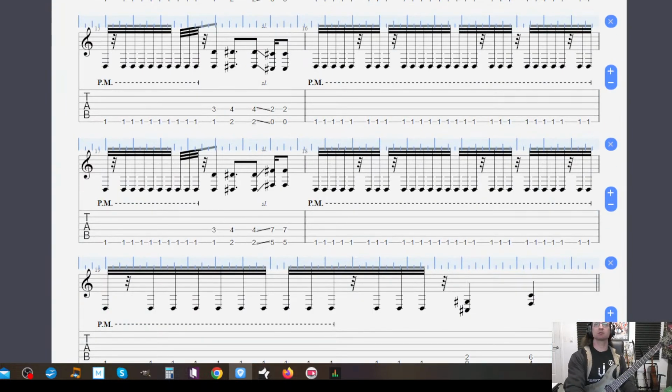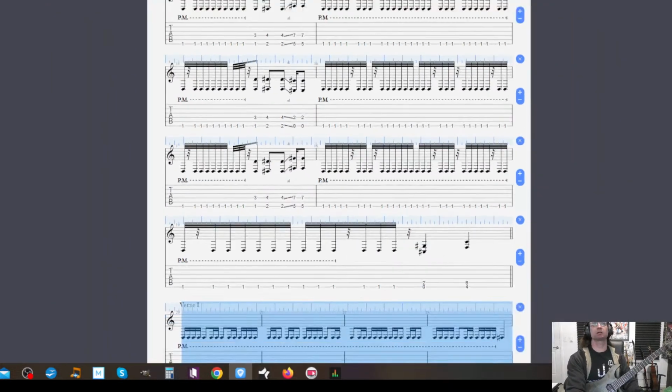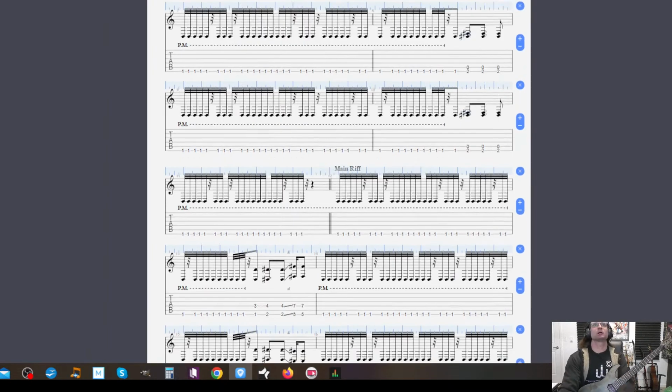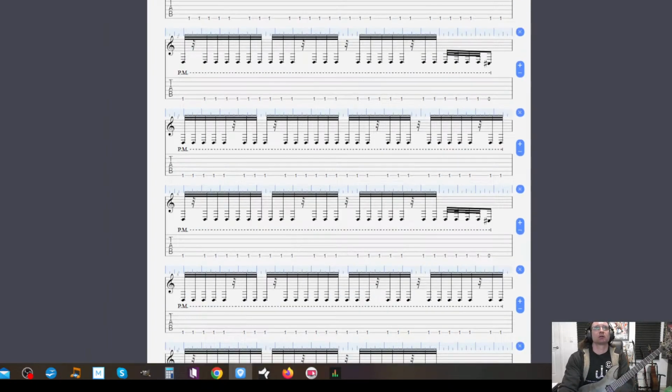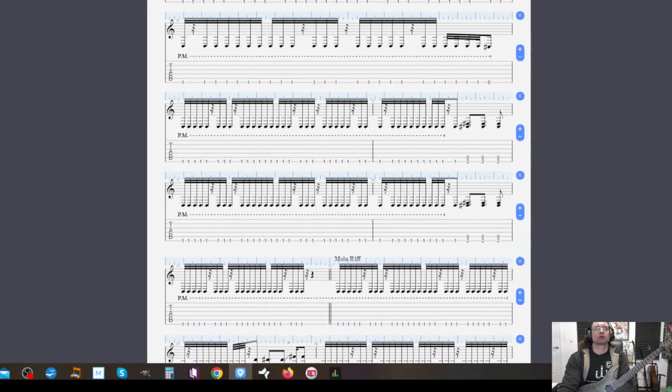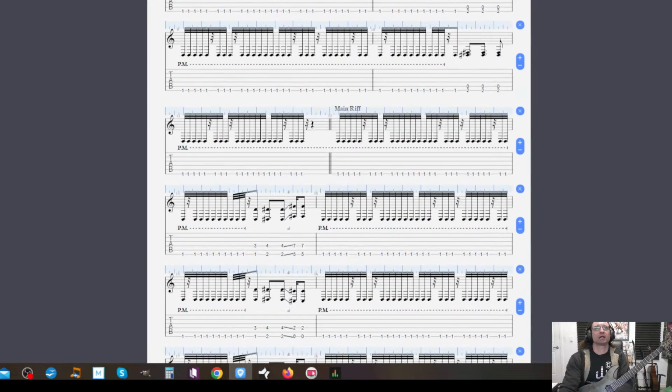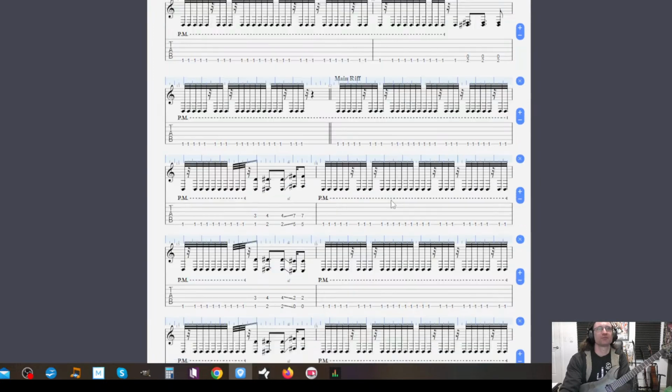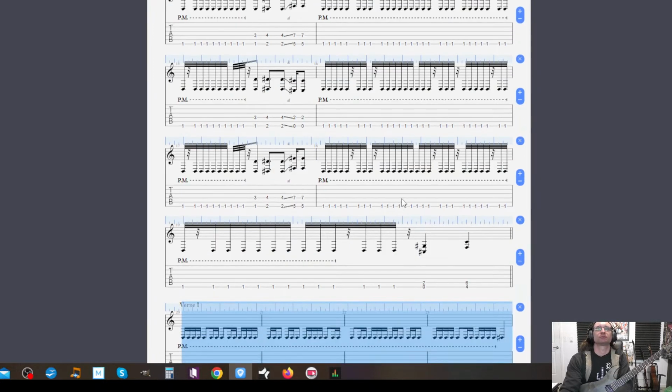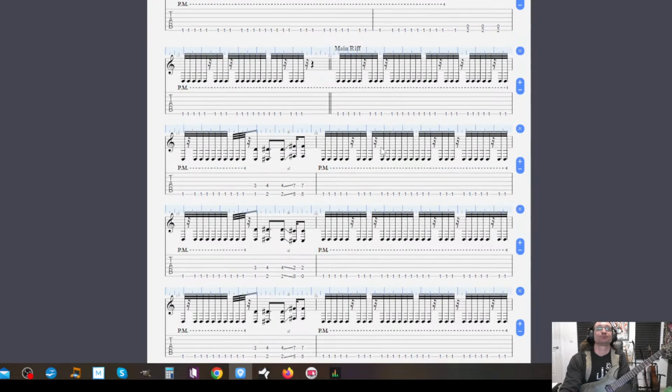Man, I've been editing the wrong part. Ah, crap. Oh, that's the main riff right there. Son of a bitch. I screwed up. Oh well.